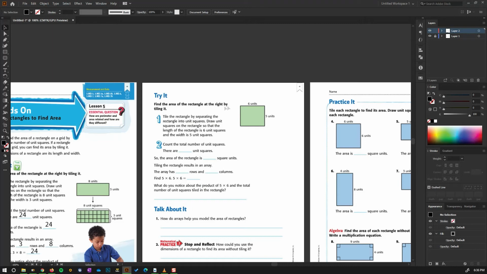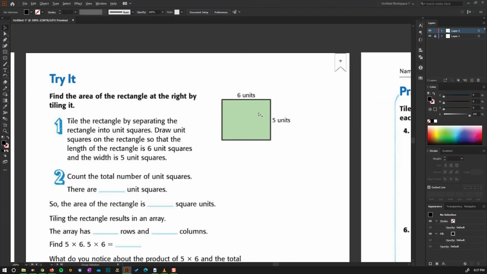Find the area of the rectangle at the right by tiling it. Tile the rectangle by separating the rectangle into squares. Draw unit squares on the rectangle so that the length of the rectangle is 6 unit squares and the width is 5 unit squares. Alright, so